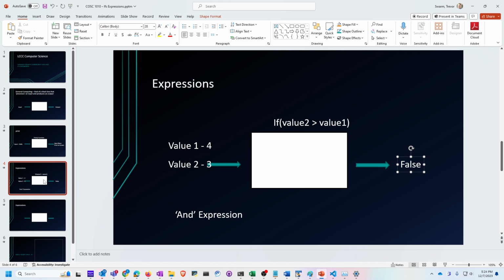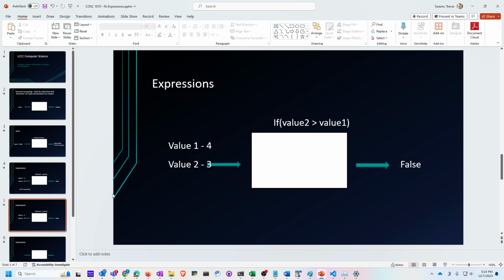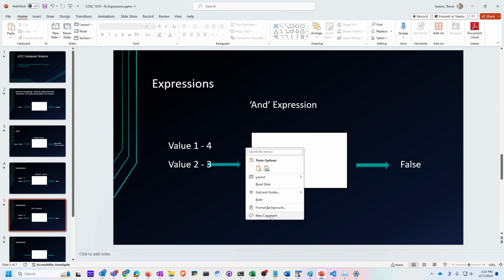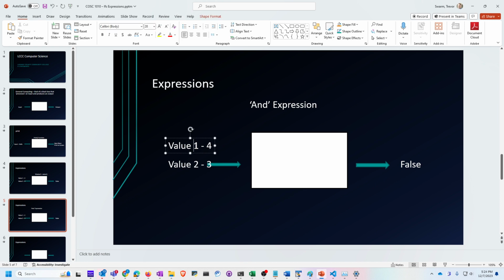I'm going to duplicate this slide because I like what I just did there, and I'll do a different thing with the and statement down here. I'm just going to clean this up as I go. I apologize for doing that in real time. So the idea of an and statement, let's put this back up here, is that we can also combine these things. Like we might do something in Python. Let's just grab a text box. I'll copy this one, and we might say,